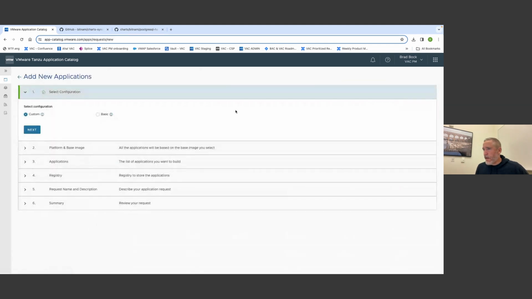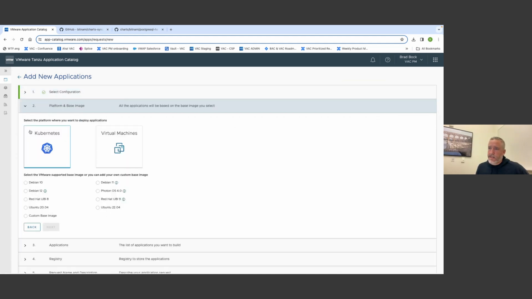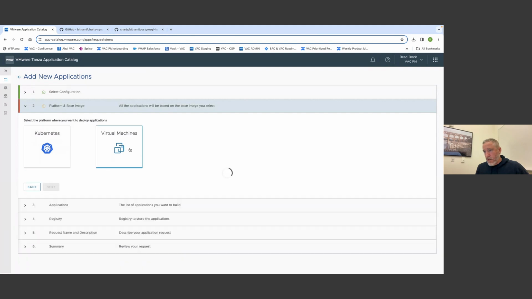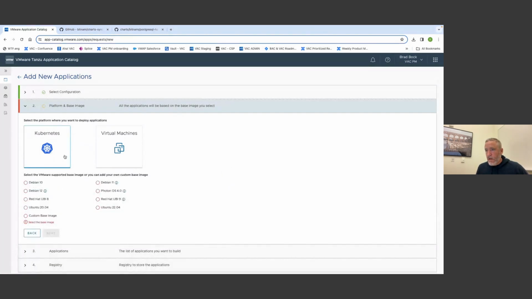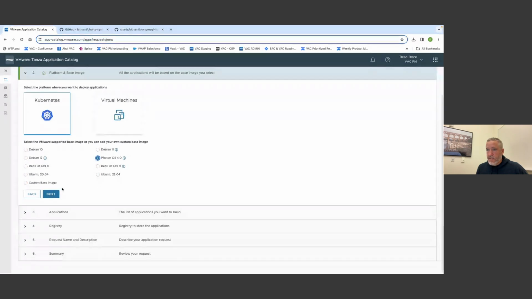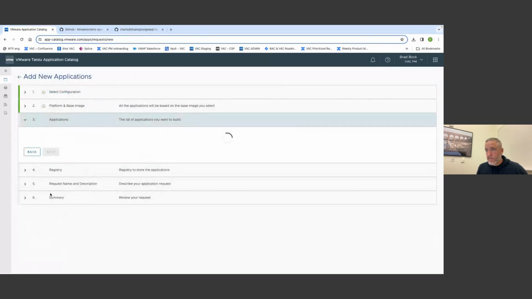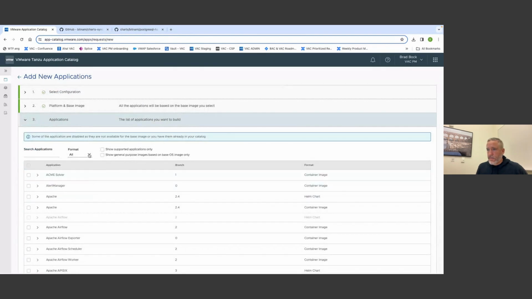So let's look at adding a new application. This is where you choose, I just want the basic free open source Bitnami, or the custom, where I get to select things like if I want a Kubernetes app, which would be a Helm chart or a container, or I want a virtual machine. So let's try building our app on Photon 4, because I want that VEX metadata. I can choose my format here. So if I want a Helm chart,